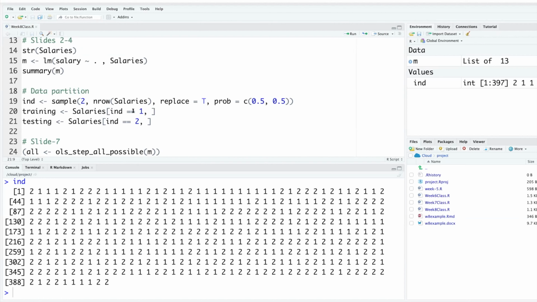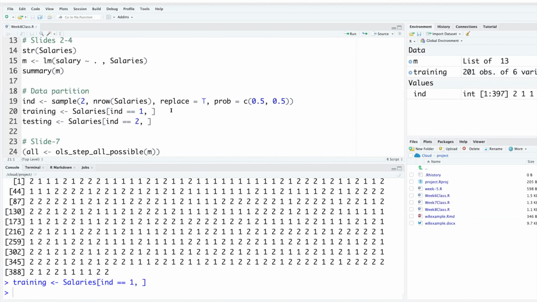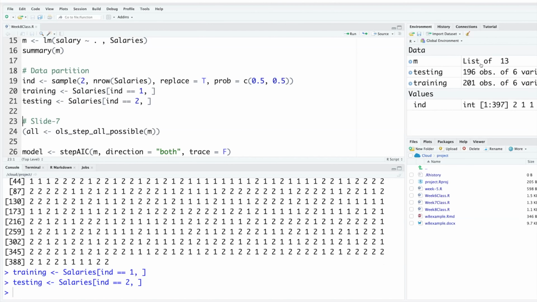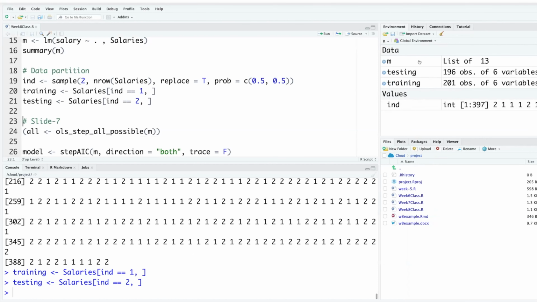So if you run line number 20 and 21, you can verify in the third box that testing has 196 and training has 201 observations. Whenever we say 50-50, it doesn't mean that the numbers are going to be exactly the same. It is roughly, approximately 50%.